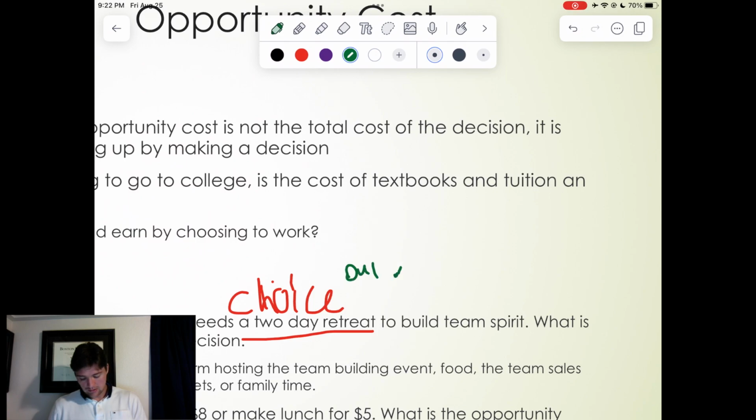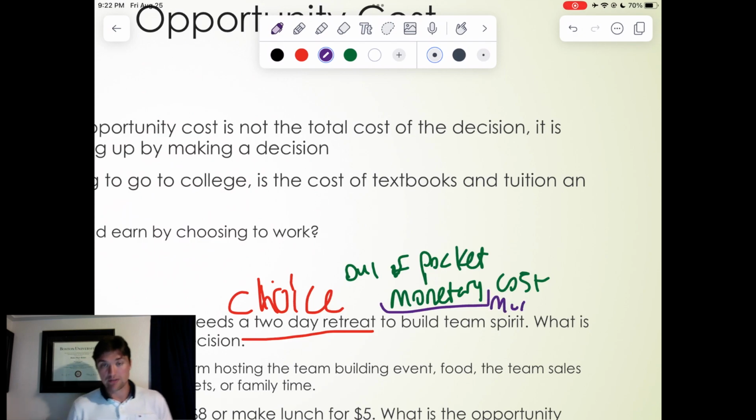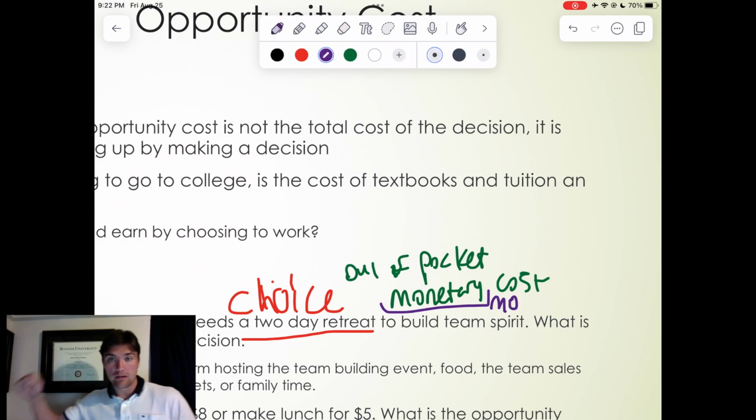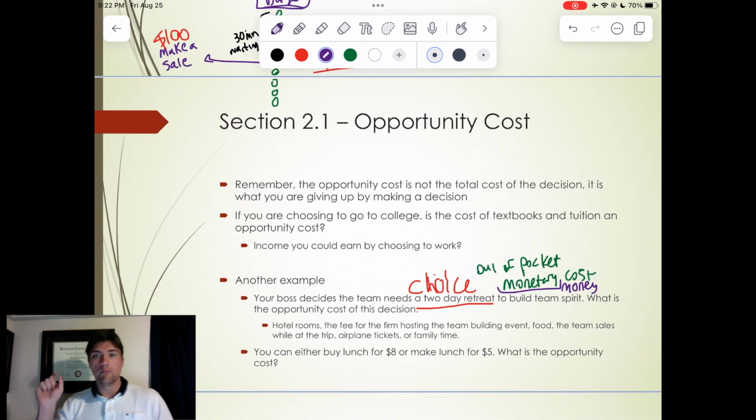Out-of-pocket monetary cost. If you're wondering what monetary is, what does it look like? It looks like money. So basically, it's the cost of money. So, because it's the out-of-pocket, it may involve all of these things. So everything that you think is going to be an out-of-pocket money, monetary cost for the retreat, that is